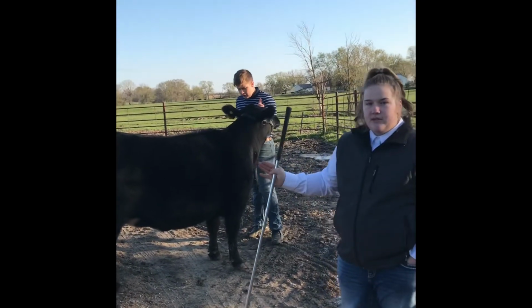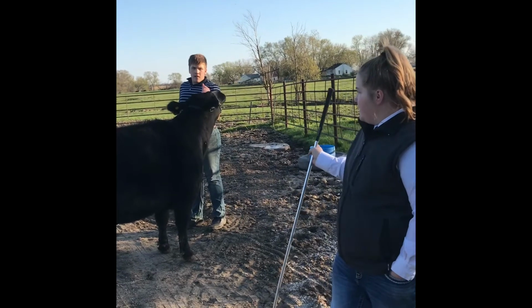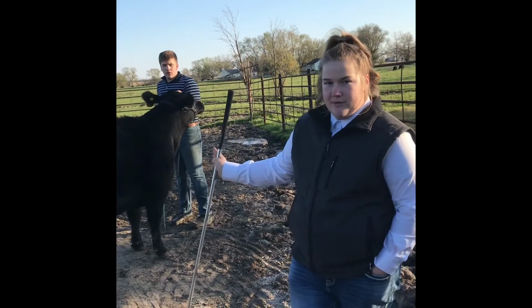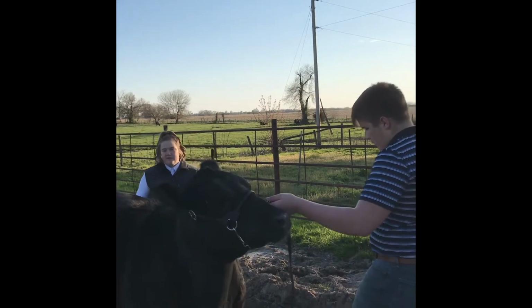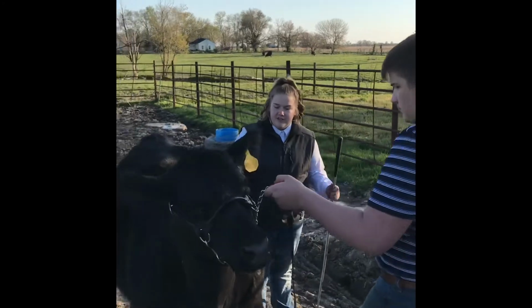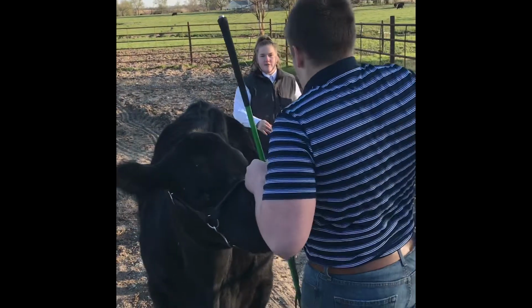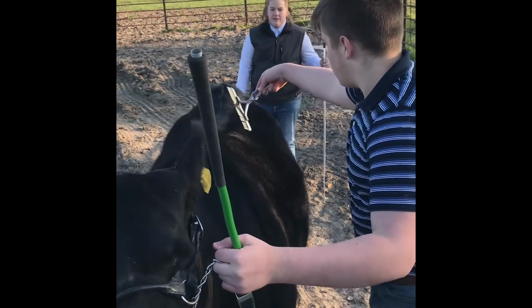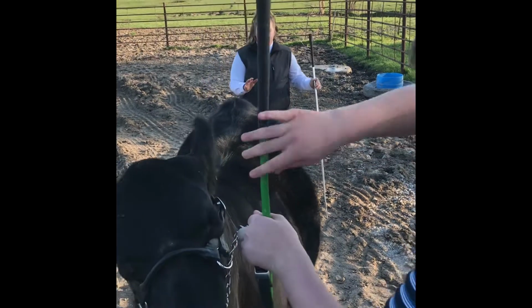A couple different things in showmanship that you need to be aware of is where that judge is. And the judge being able to see your calf is a pretty big deal, because that can make or break you winning showmanship. So when you're in the ring, whether you're showing a market animal or breeding heifer, the judge most of the time will come in and handle your calf. And what you do after the judge handles your calf will really determine if you understand what you're doing. So I just handled this calf, and a good exhibitor will take the scotch comb out of their back pocket and comb the hair back the way they want it. And that shows the judge they know what they're doing,